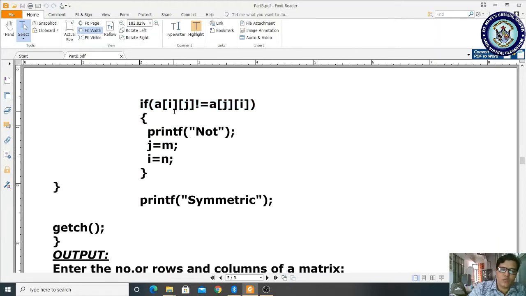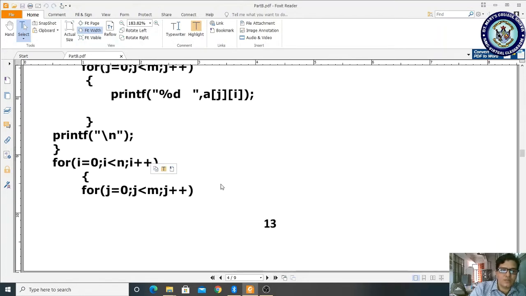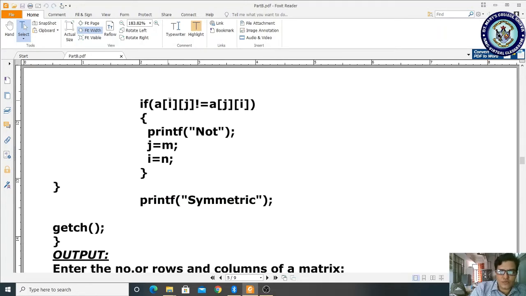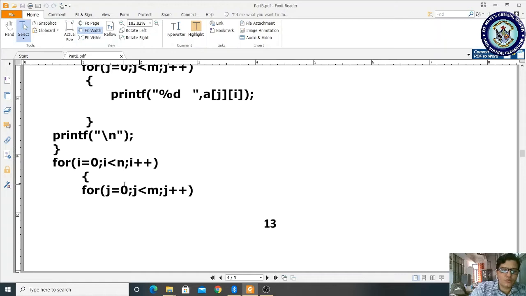Okay, let us see what is the i value. 0, 0. In the [0][0] location, what is the value? Its value is 1. What is the [0][0] location value? It is 1. 1 is not equal to 1, condition false. So it skips and comes here. Now j becomes 1, 1 less than 2, condition is true, it will come to [0][1]. What is the value of [0][1]? It is 2. What is the [1][0] value? It is also 2. 2 is not equal to 2, false. So it skips. Okay, and next j will be incremented, j becomes 2, 2 less than 2, condition false.